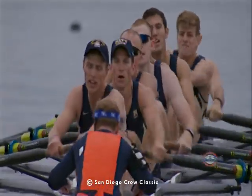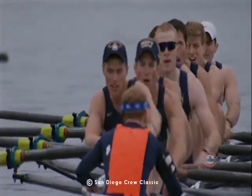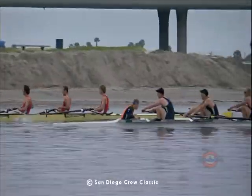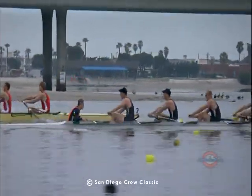Moving the bow ball. Nice. Set. And set. All right, we're moving back on Harvard. 1. Whoosh. 2. The critical part of the race is happening now. Third 500. Going into the third 500, it looked as though Harvard had established an advantage over Cornell and Navy,